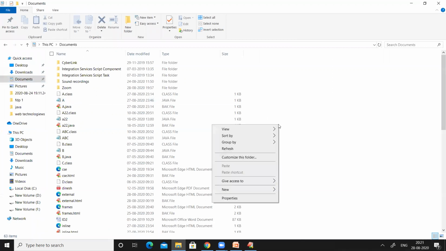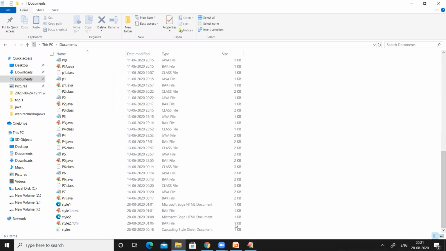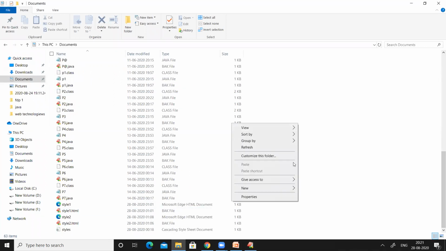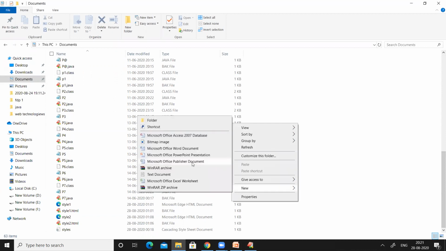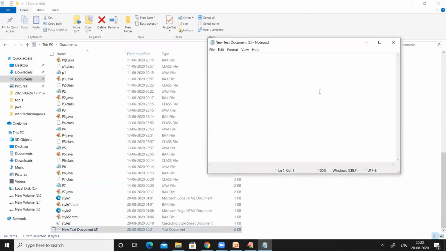As I said earlier, we have to write the CSS code in a separate document. So here I am going to take one new text document, right? In the text document, I'm going to write some styles.